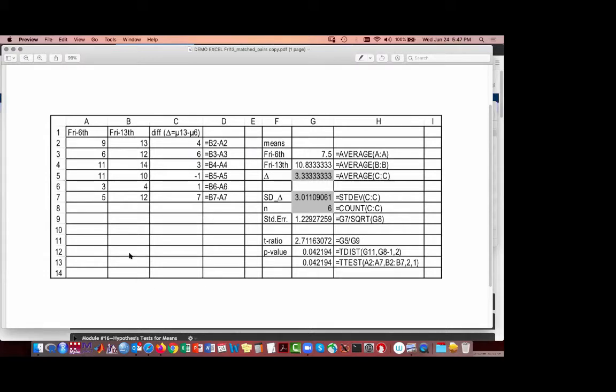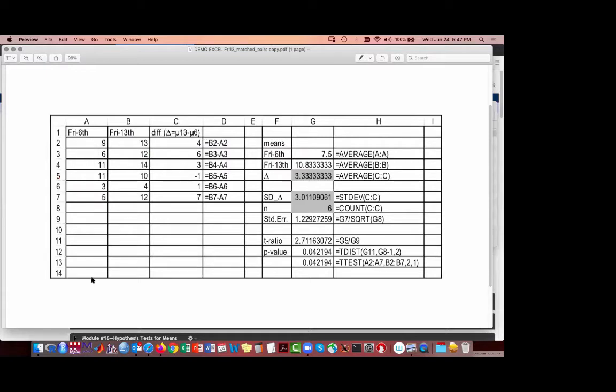You'll notice I've typed in the data here for the 6th in column A. I've also given a little label up here so I can keep track of it. I've done the same thing in column B. And what I've done here is I've emphasized the order of subtraction. I'm taking column B and then subtracting column A. If you notice in the formulas over here, each of these values is this value minus this value. And then I just copy that down.